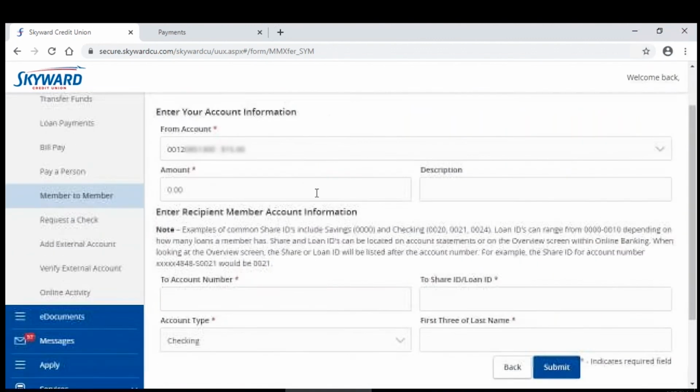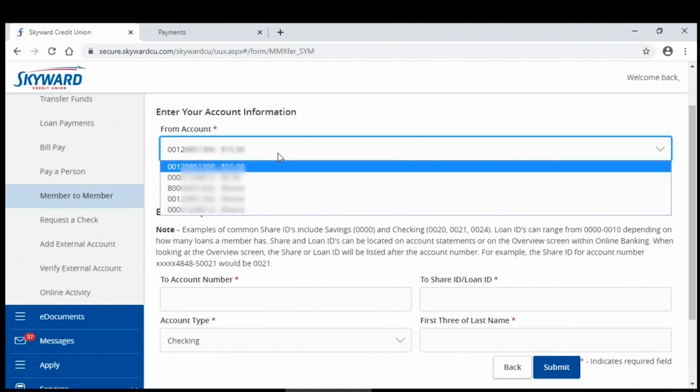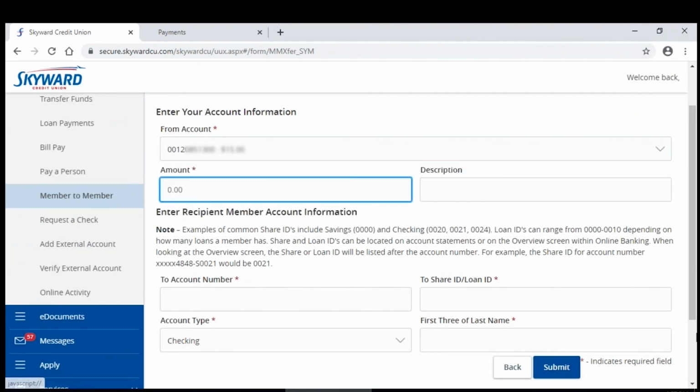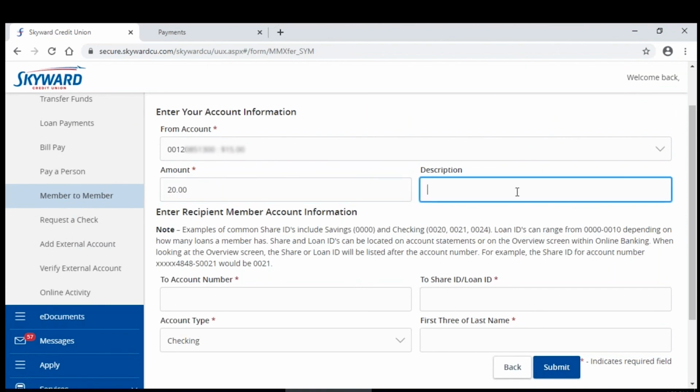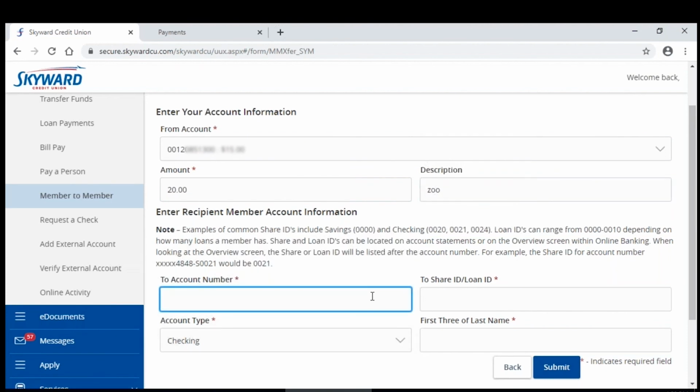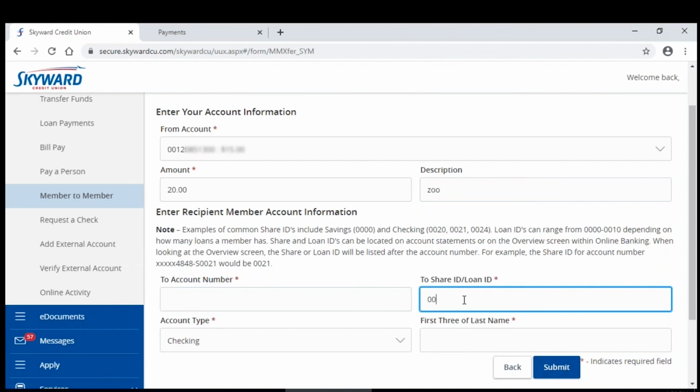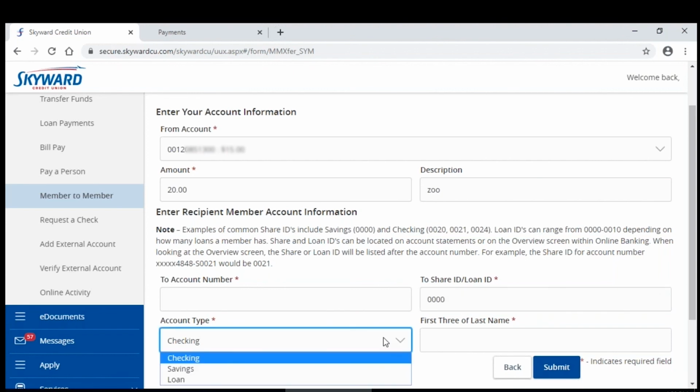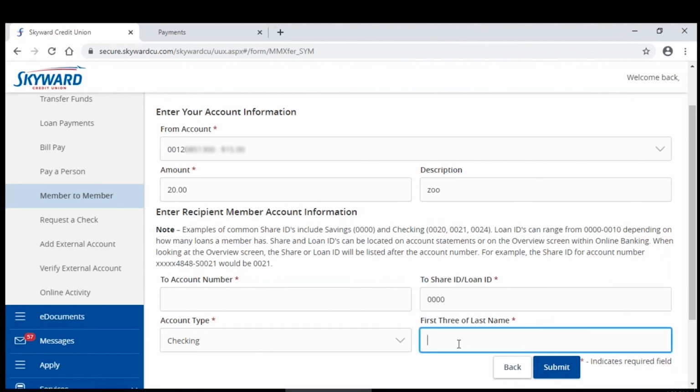Let's say my sister took my kids to the zoo today for a fun day. I would select the account that I'm transferring from and put in the amount that I wanted to pay her for that. My description up here is going to be Zoo. I do have to know her account number here at Skyward, that base number, and also the share or loan ID. It's going to be 4 digits that you would need from them, so you would be in contact with that individual. You'll select if it's a checking, savings, or loan,